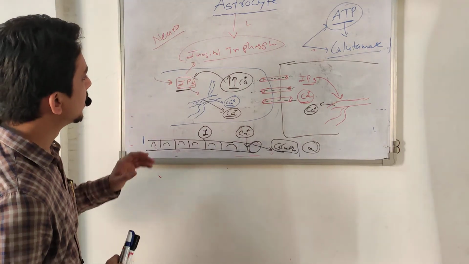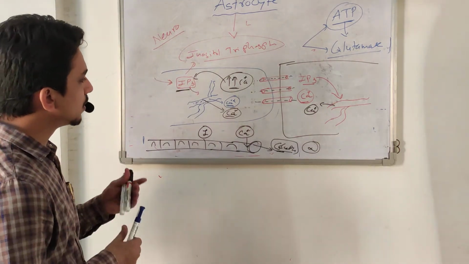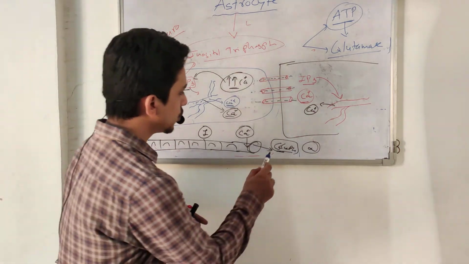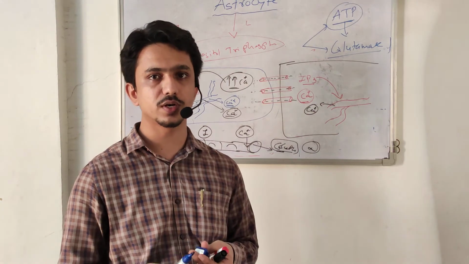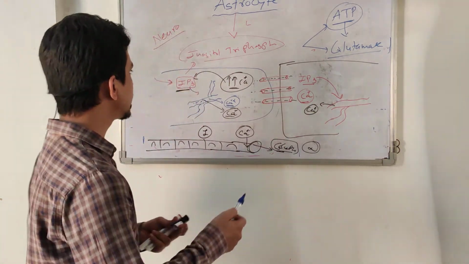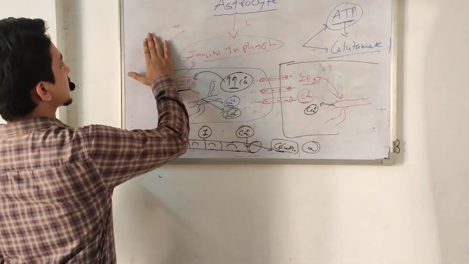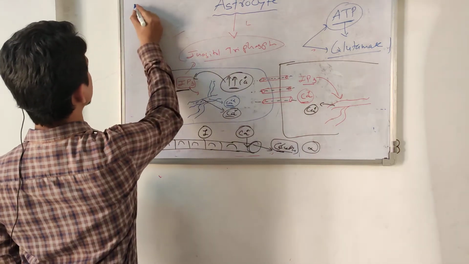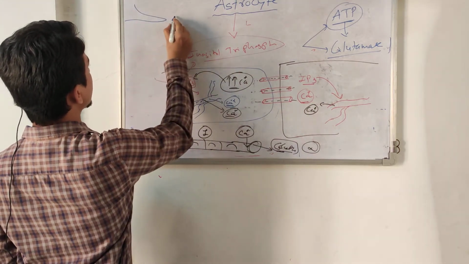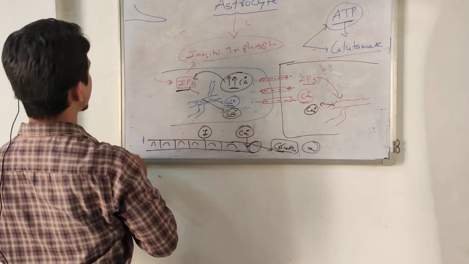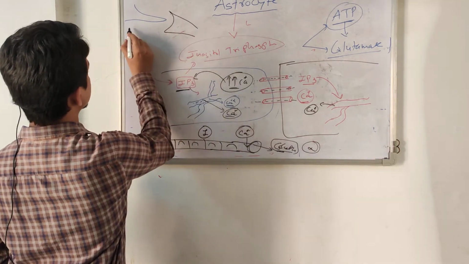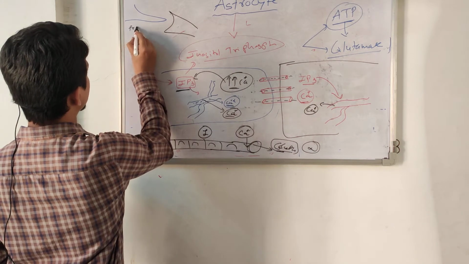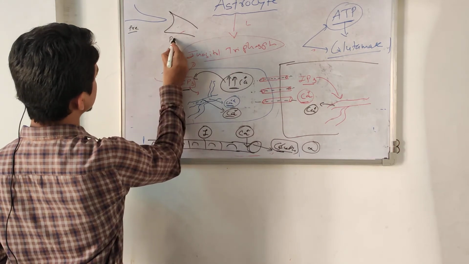Okay. Now, what does this glutamate do? It is responsible for synapse formation. We talked about the functions of astrocytes. So what is a synapse? A synapse is a connection between two neurons. Suppose this is one neuron and here the next neuron, with axons and dendrites. This is called the presynaptic neuron. This is the postsynaptic neuron.